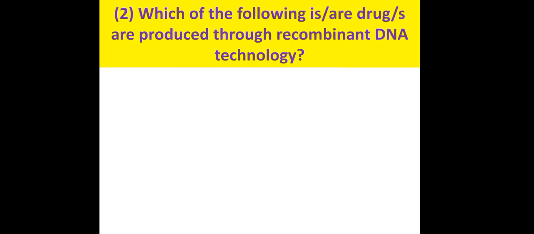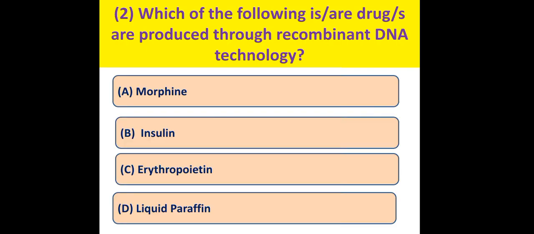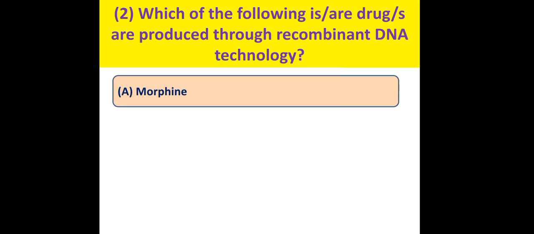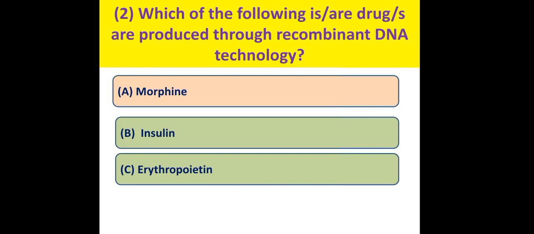Question 2. Which of the following drugs are produced through recombinant DNA technology? And the options are morphine, insulin, erythropoietin and liquid paraffin. Morphine is obtained from a plant product, so it is not the correct answer. Insulin is produced through the recombinant DNA technology, as well as erythropoietin, which is